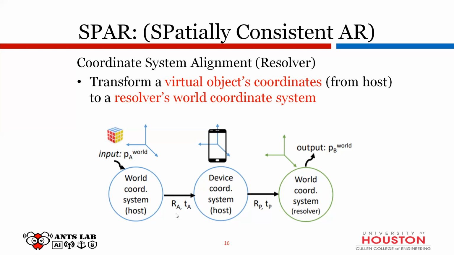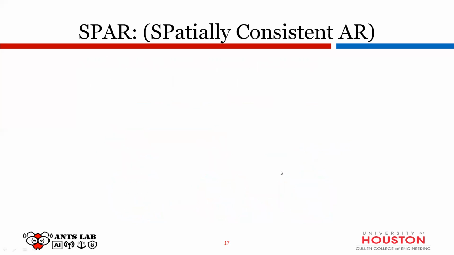But the problem is that when you look at the device coordinate system relative to the coordinate system of the resolver, the difference between the host and the resolver is unknown, because you don't know the relation, the transformation between these two. So what they try to do